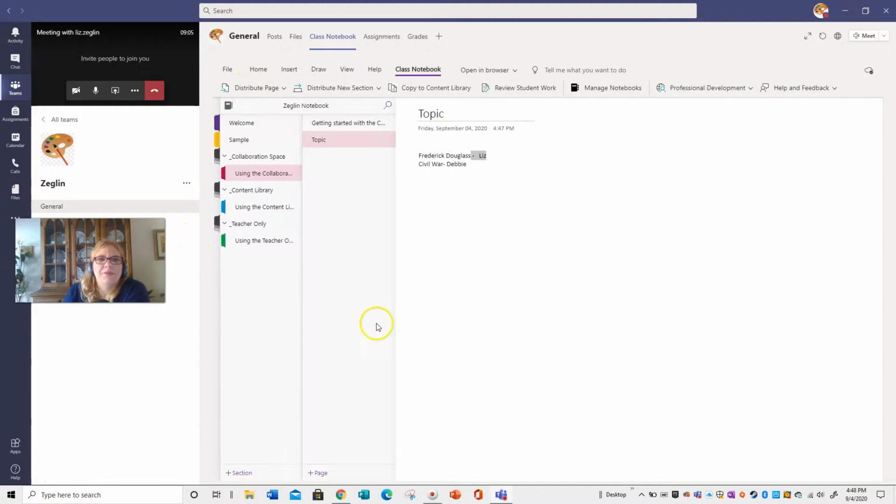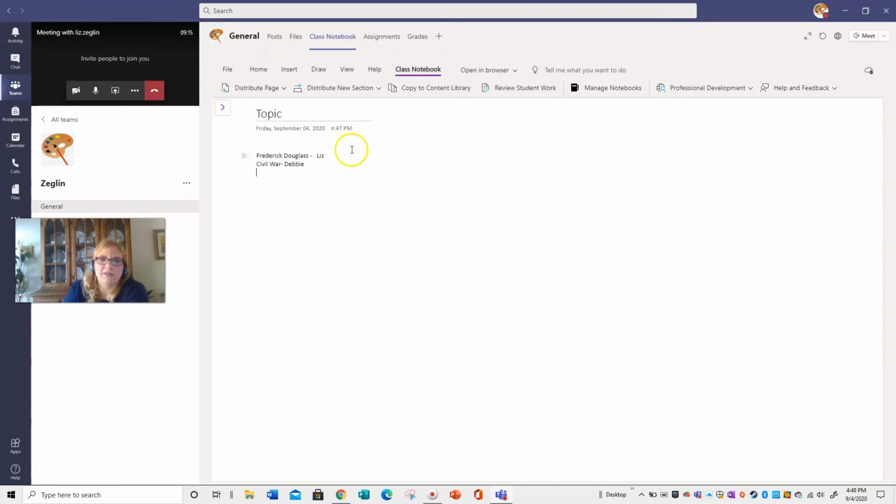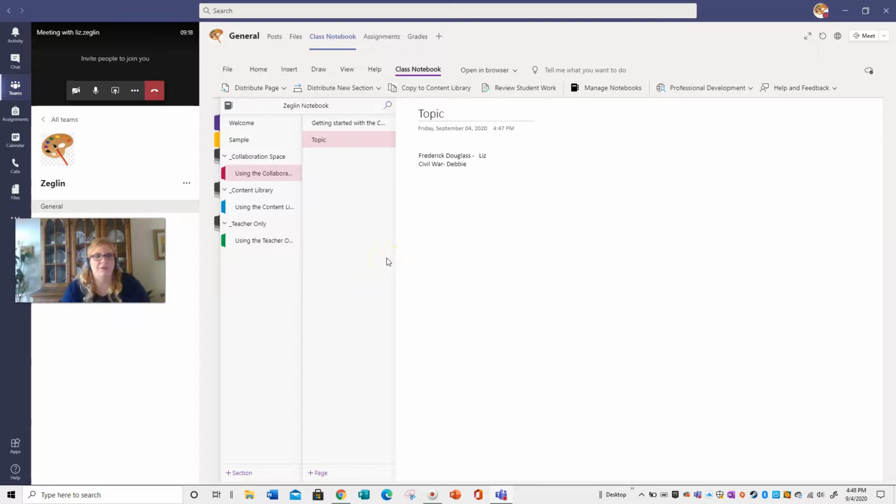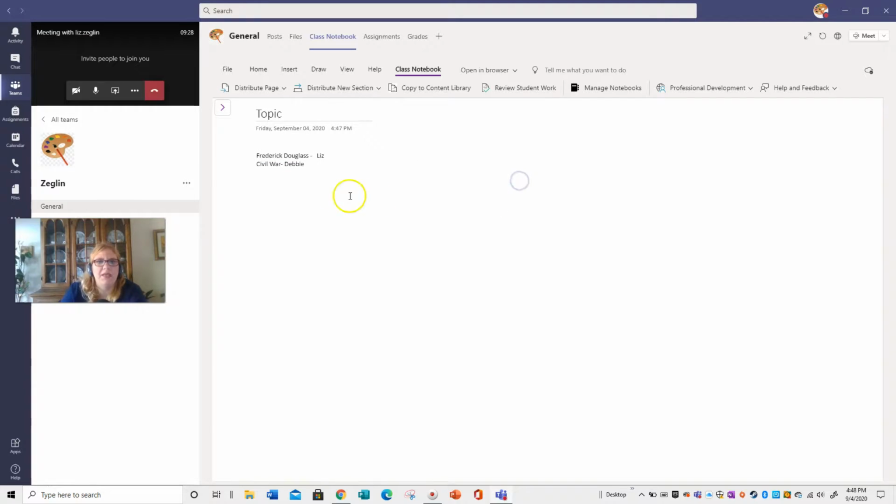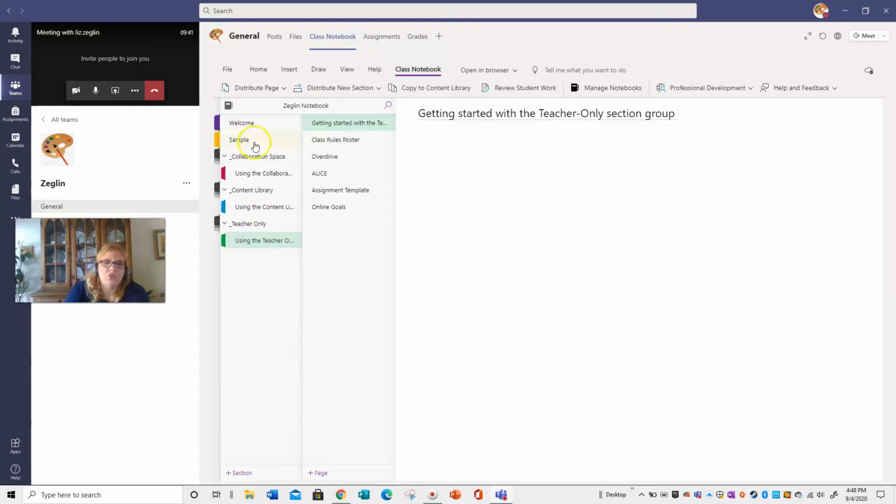But again, the collaborative space would be something we're all in, or we could work on something at the same time, which is really cool. If we put out a question about a story we're reading as a discussion, people could type their answers in. Now at school sometimes we did have issues where it didn't sync and it wouldn't load, because people would always try to put things like memes in, and that takes up a lot of space. So again, experiment with the class notebook and try to get to know this,